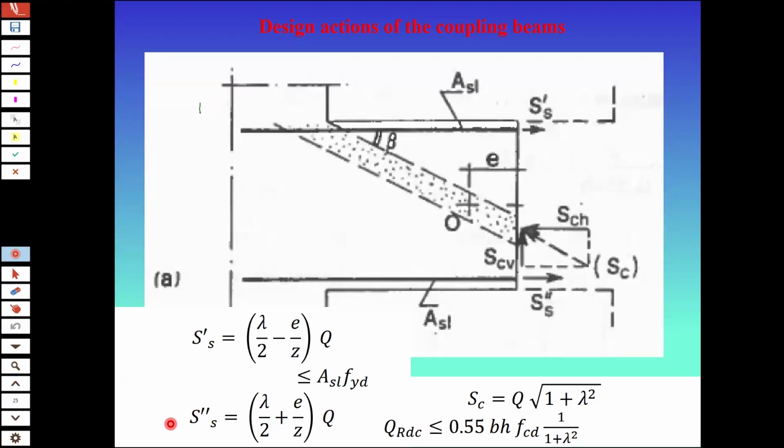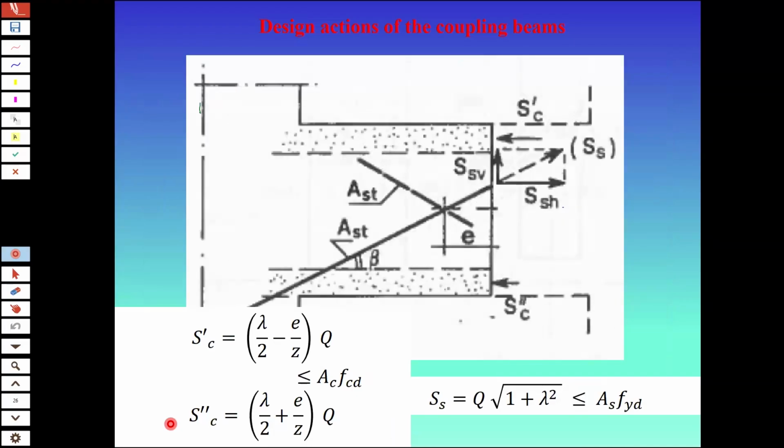So one mechanism that we can employ is this one. We hypothesize diagonal ties, and the diagonal tie,